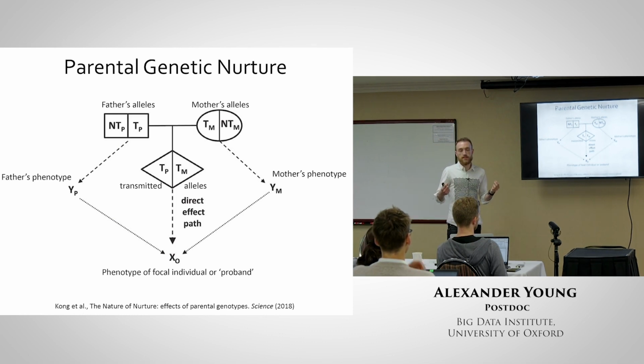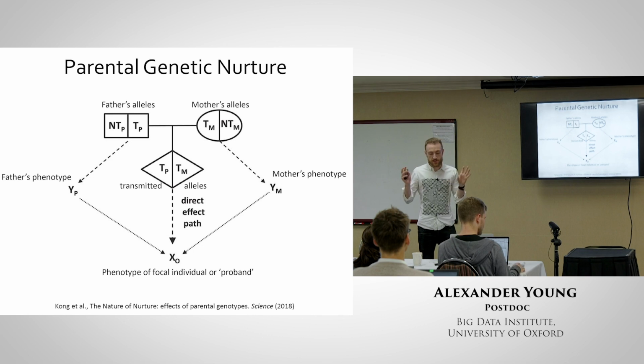So typically when you think of the effect of a genetic variant, you think you inherit some allele from your parents, then that allele exerts a biochemical effect on you throughout your development, and then that affects your trait. So that's the standard genetic effect that people think of. But any allele that you inherit was also present in at least one of your parents. So if you imagine this allele tends to increase educational attainment, you inherit it, so it can have some direct effect on you, increasing your educational attainment. But if it was also present in your parents, it could have increased their educational attainment.